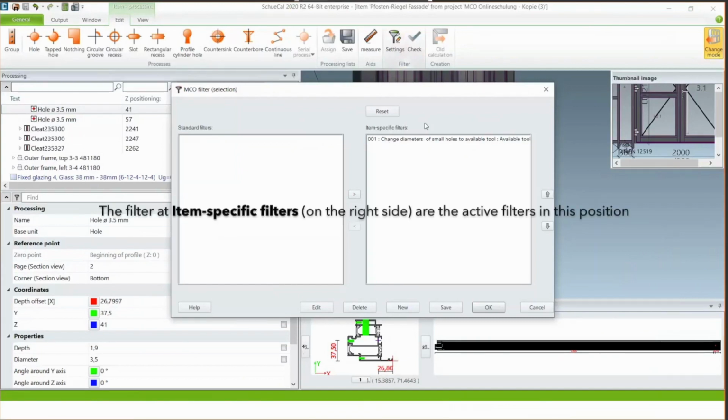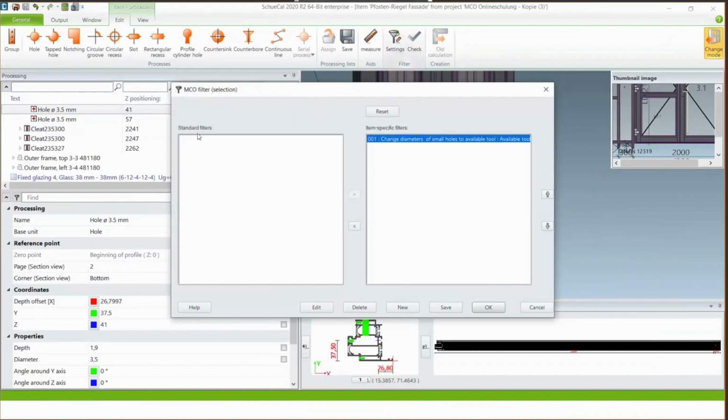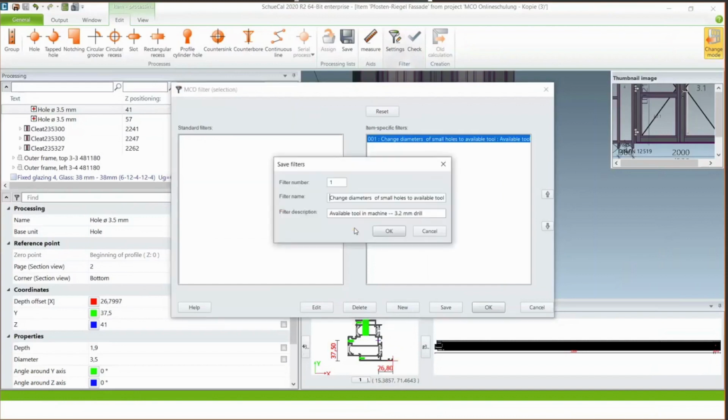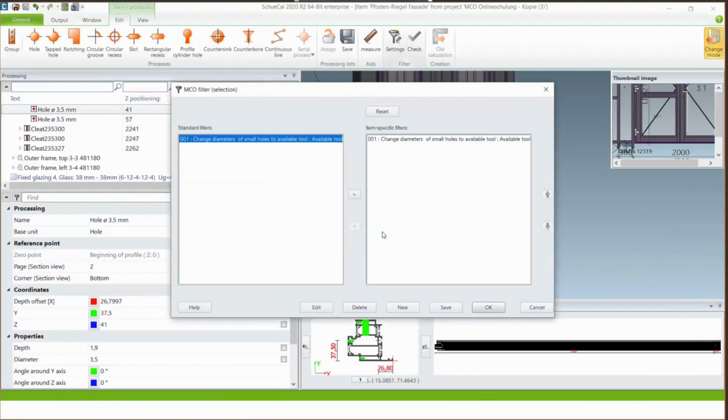But it would be very helpful if we can work with this filter in every single item that we create in Chucall. So if you want, you can bring this filter from the right side to the left side, to the standard filters. That you can do with the small arrow, and then the filter is moving to the other side.